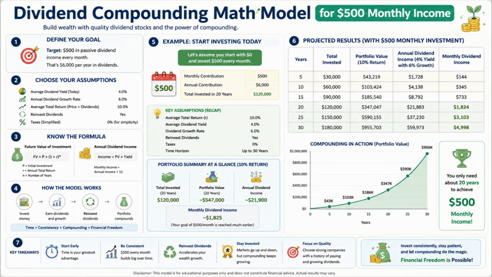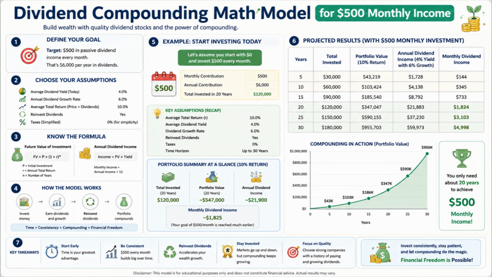For this example, assume that the investor starts with $0 and contributes $500 every month. This equals $6,000 per year. Over 20 years, the investor directly contributes a total of $120,000. However, because the money is invested and compounded, the projected portfolio value can become much larger than the amount personally contributed. Looking at the projected results, after 5 years, the investor may have contributed $30,000, while the portfolio could grow to approximately